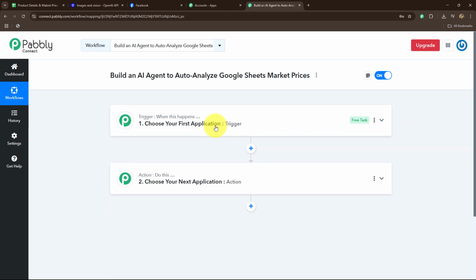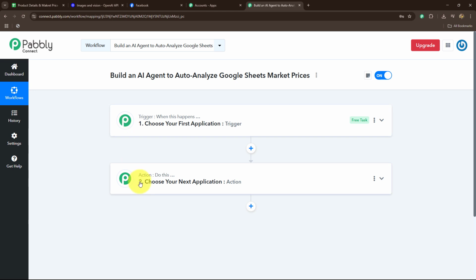set up this automation. We have trigger and action. So trigger and actions are the two main concepts, the principles, or we can say these are the building blocks on which the entire automation is actually going to work. So here the trigger says when this happens and the action says do this. That means the action is the response towards our trigger. Whatever we are going to select in our trigger is going to command the entire workflow, and the actions are going to follow that same command. Therefore, we can have only one trigger in any workflow, but